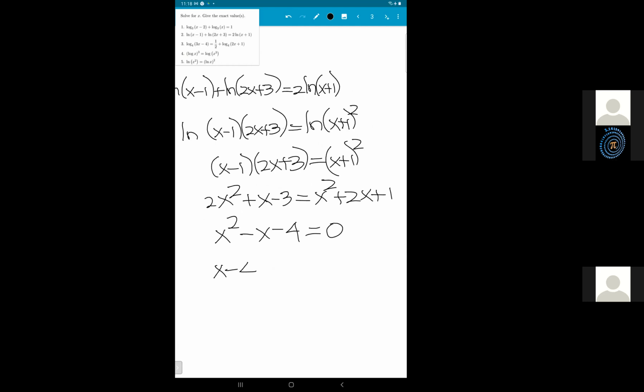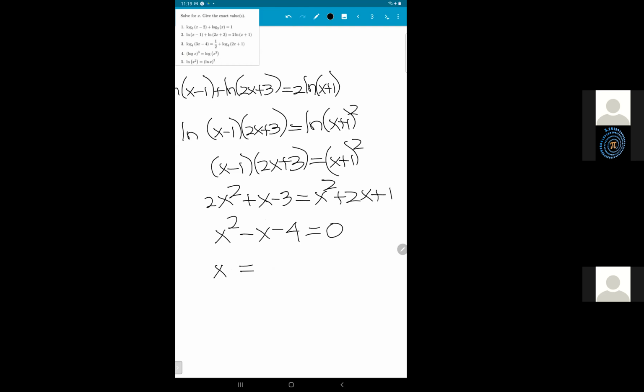Okay, let's check. 2x squared. Okay, that's correct. Negative 2 plus 3. That's correct. So minus 3. Okay, nothing wrong. So that's correct. Minus 4. 4 and 1 makes 3. 2 and 2, no. So in this case, just for the purpose of illustration,